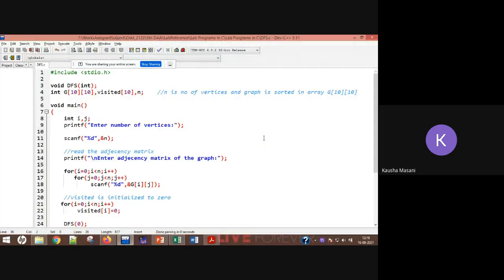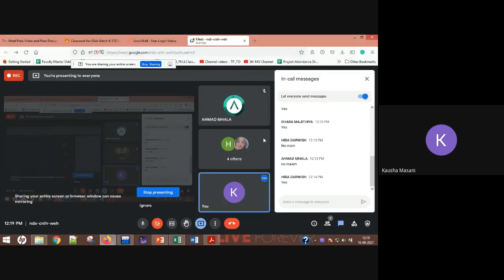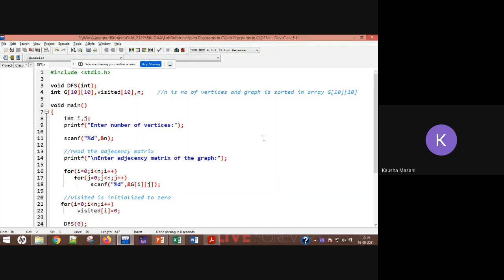Okay, do one thing. Start copying this up. Start writing this. I don't know why Dev C++ is not allowing me to run the program. I hope the screen is visible. Start writing this part.